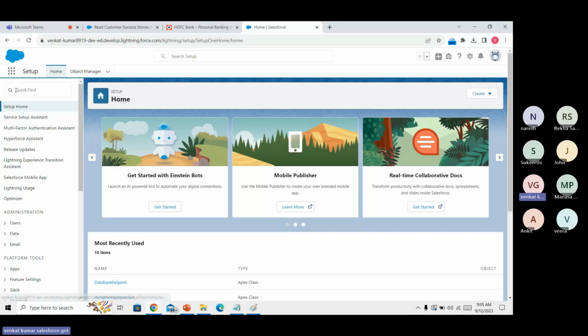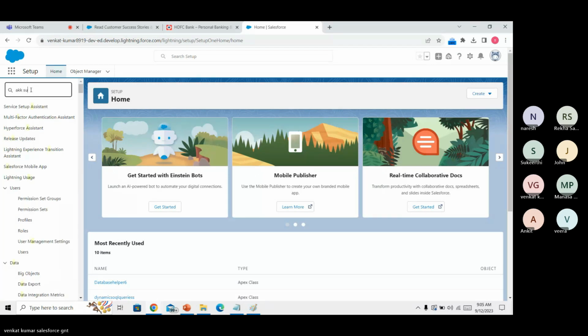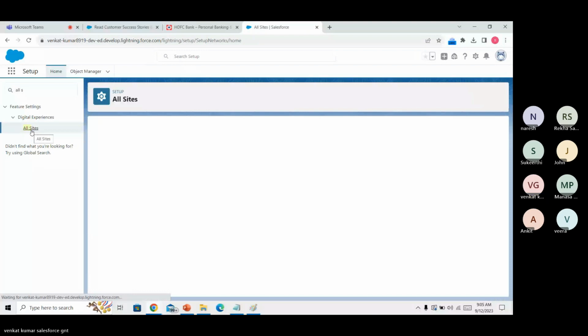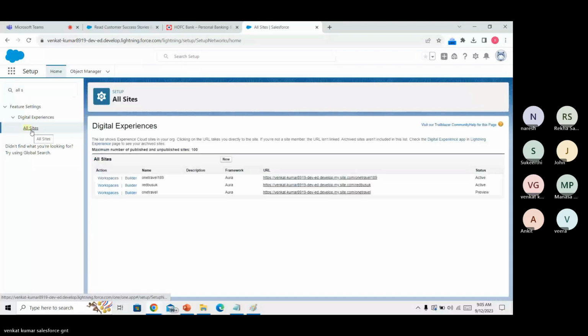That's why I'm creating one application. This is the application for LWC front-end UI design in future classes. I'm just showing you normally.